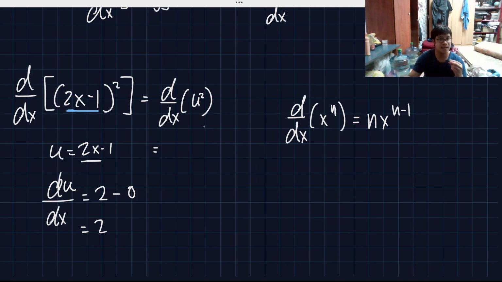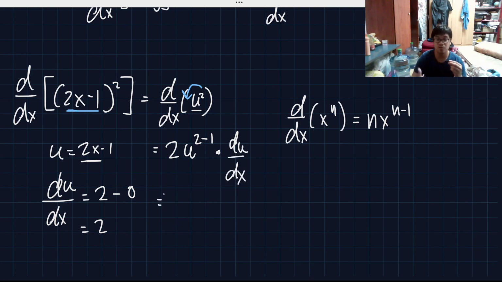Or in a technique, if in case you don't understand this, it's like this. Basically, first and foremost, you bring the exponent 2 below. So you have 2. Then next, copy the function, which is u squared. Then you're going to subtract that exponent by 1. So it would become 2 minus 1. That's it. All right. Then again, remember, after you get the derivative of u, you will put du all over dx afterwards. So you will have du all over dx.